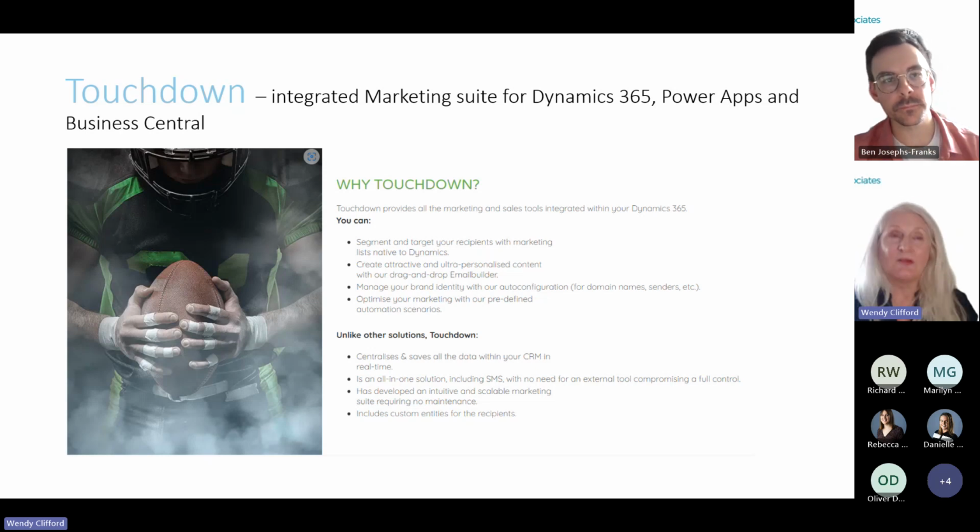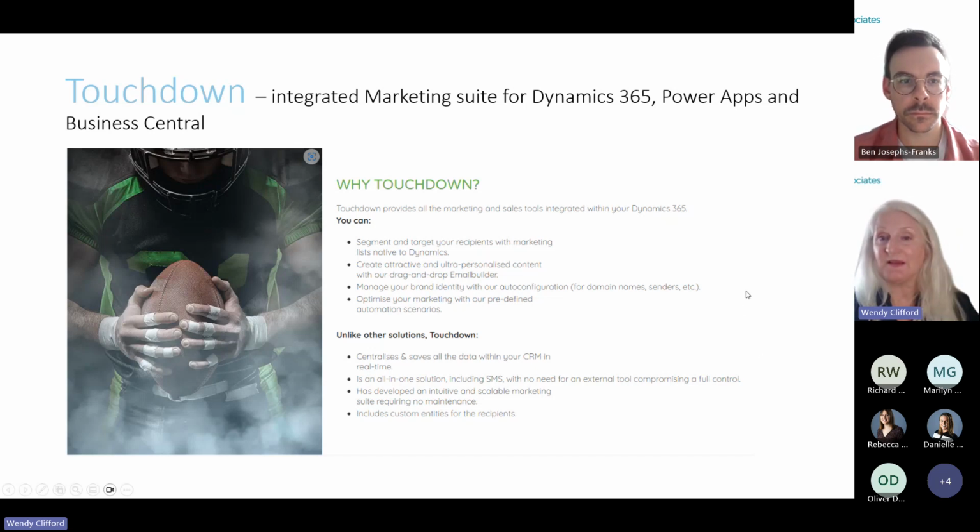So it's not a cheap option. A cheaper option is Touchdown, which is integrated completely with Dynamics 365 Sales, uses Dataverse, and allows you to segment and target your recipients with marketing lists. You can do the usual creating content. The campaign automation is called Scenarios, that allows you to plot a journey for a